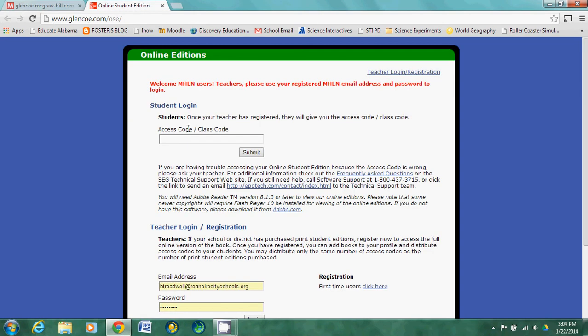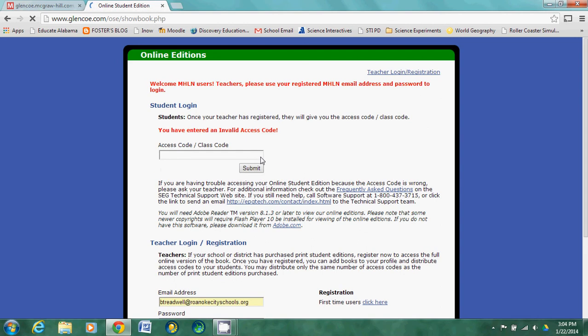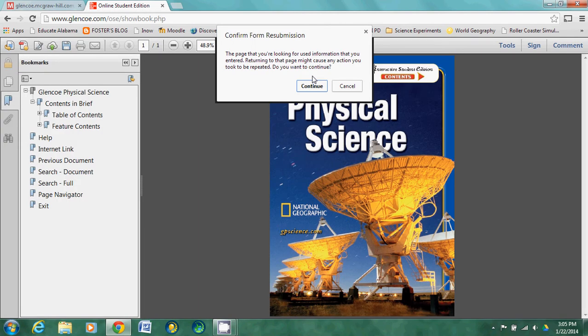It brings up the login screen to the actual textbook, and to log in you'll need an access code. Your access code is B26ACEFA7C, and then you can click Submit. And after a few moments, the textbook should load. If it fails to load, you can always click the refresh button and then click Continue,